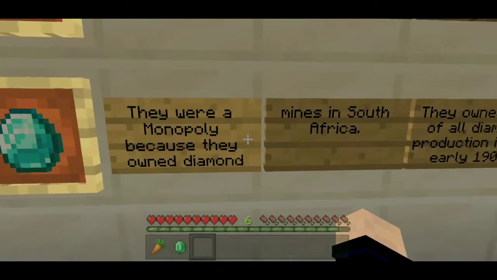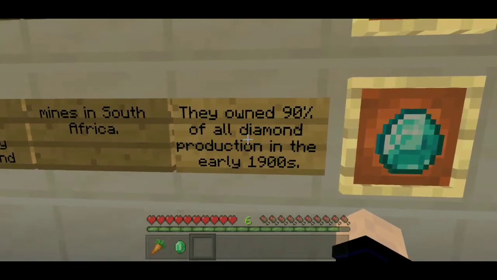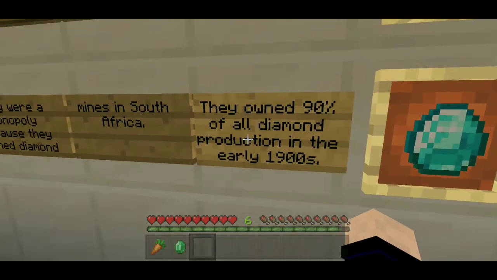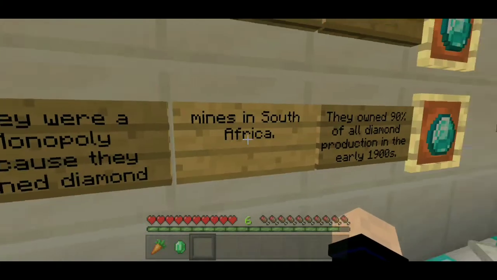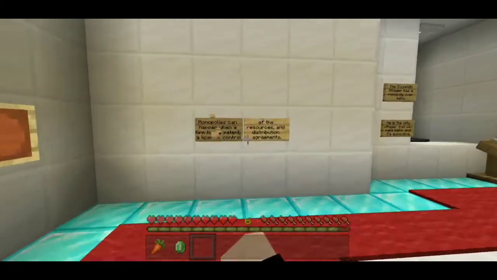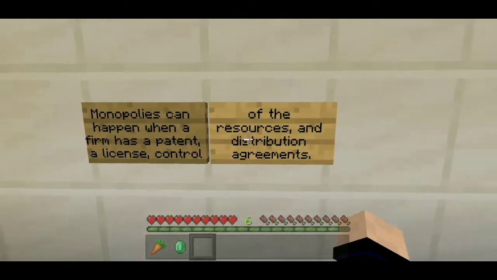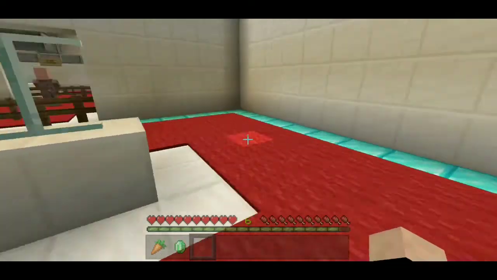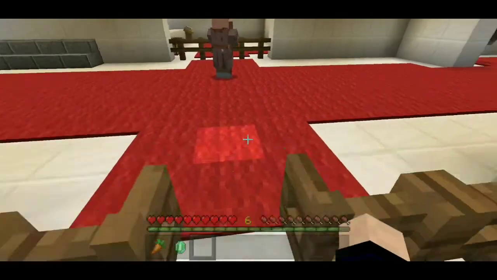They were a monopoly because they owned diamond mines in South Africa, and they owned 90% of all diamond production in the early 1900s. This right here, that they own diamond mines in South Africa, goes back to this thing over here, where they have control of the resources. So they had land where they could mine diamonds, and nobody else had that land. So let's go to the third